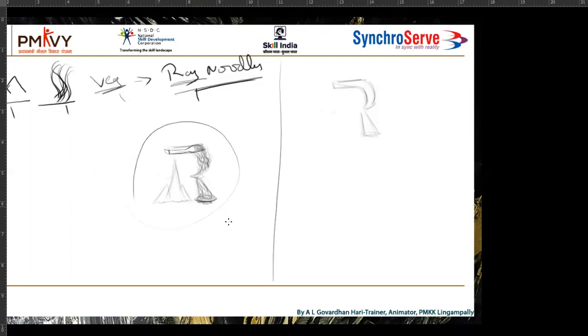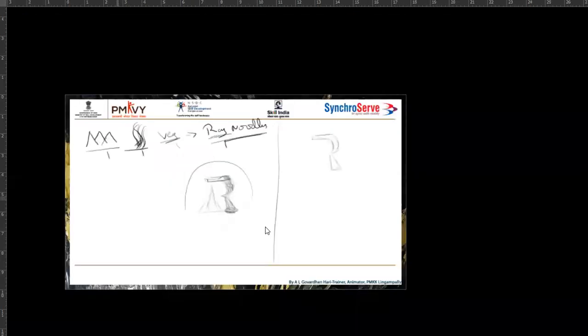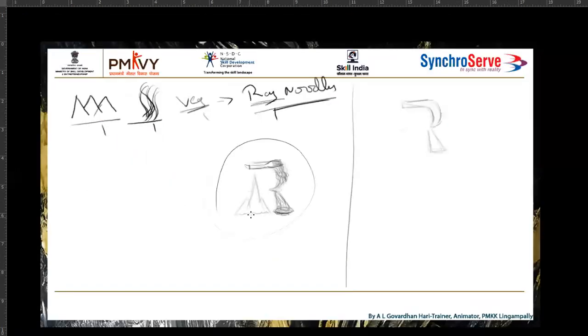Okay, so you have to refine this rough work. So this is how we design logos. Okay, this is how we design logos. So now R, I'm trying to give some